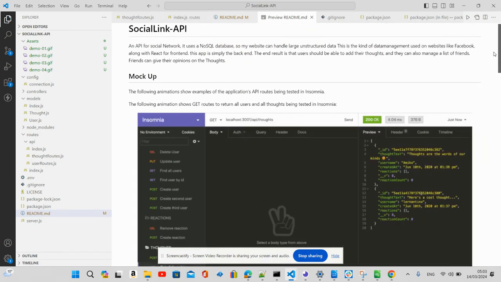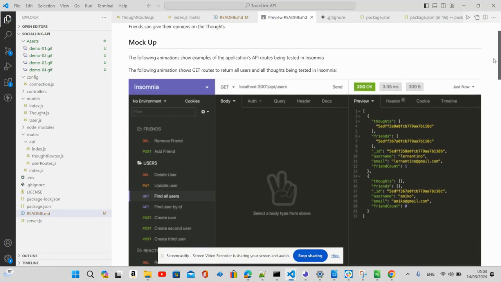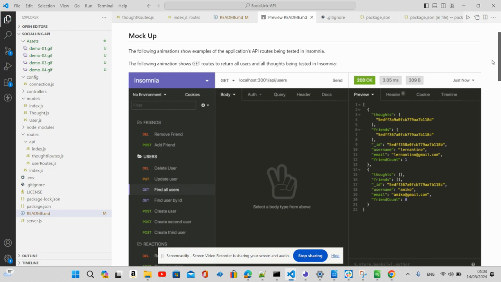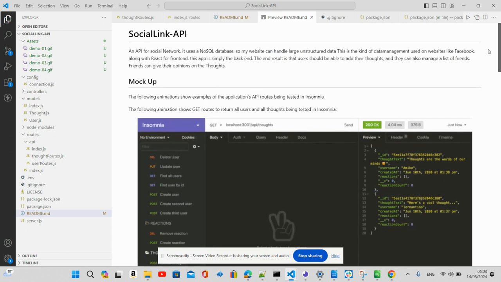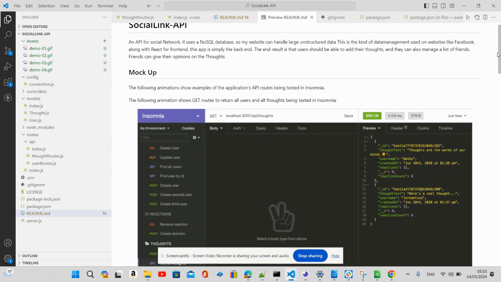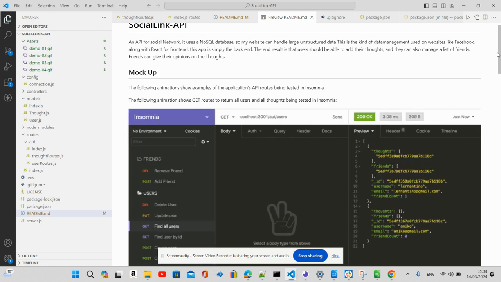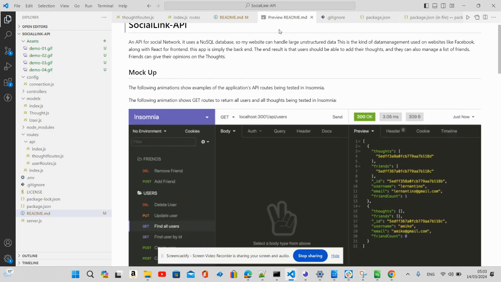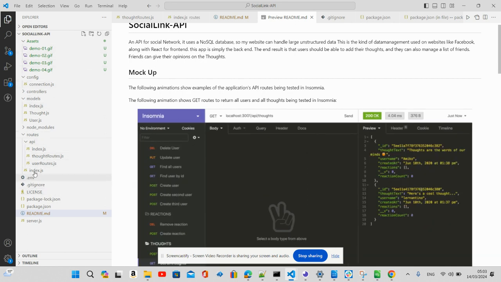I'm going to create the backend, and I'm going to do the CRUD. I'm going to do a get request. I'll be able to add friends. I'll be able to add users. The users can put their thoughts, and then the users can also add friends. So this consists of